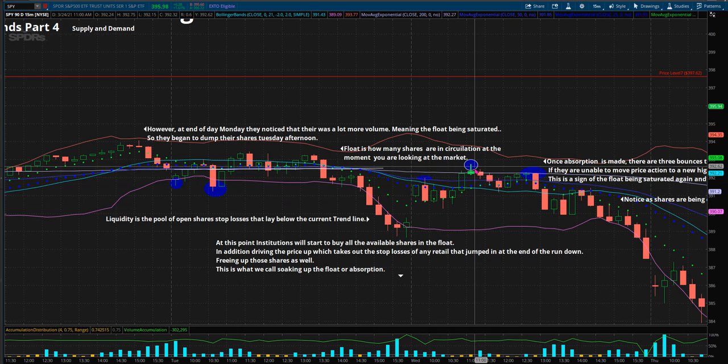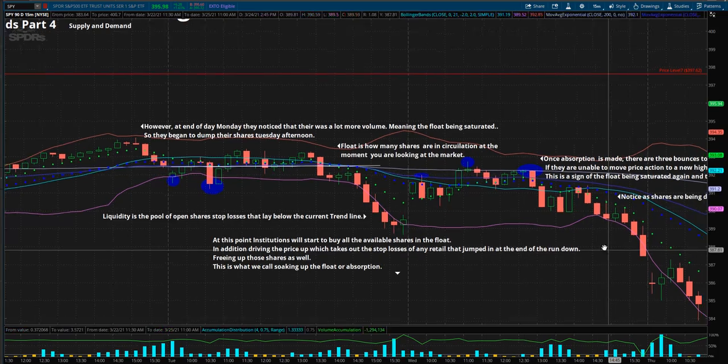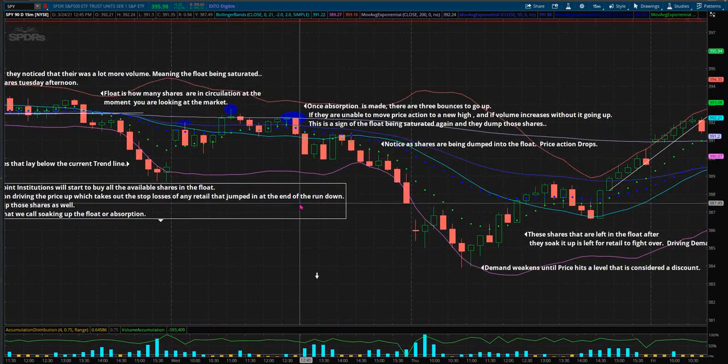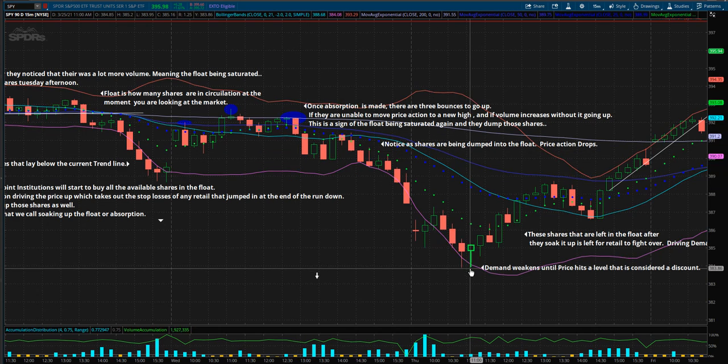And so you've got 1, 2, 3 times, and notice that it did not break a higher high, nor did it make any kind of momentum going up at all. It started weighing off, and so they went right into distribution mode again to dive into a deeper pool of liquidity, if you will. Boom, boom, boom, come all the way down, get into this area down here, and now